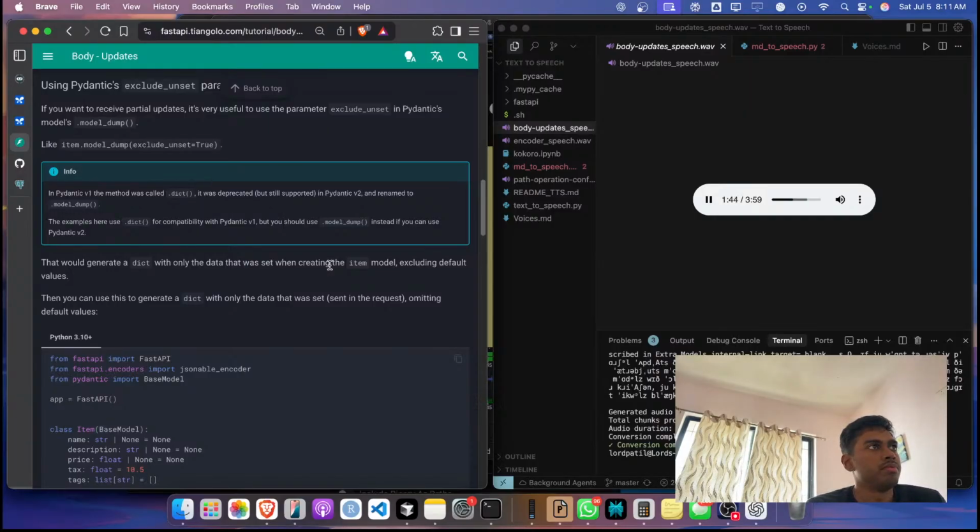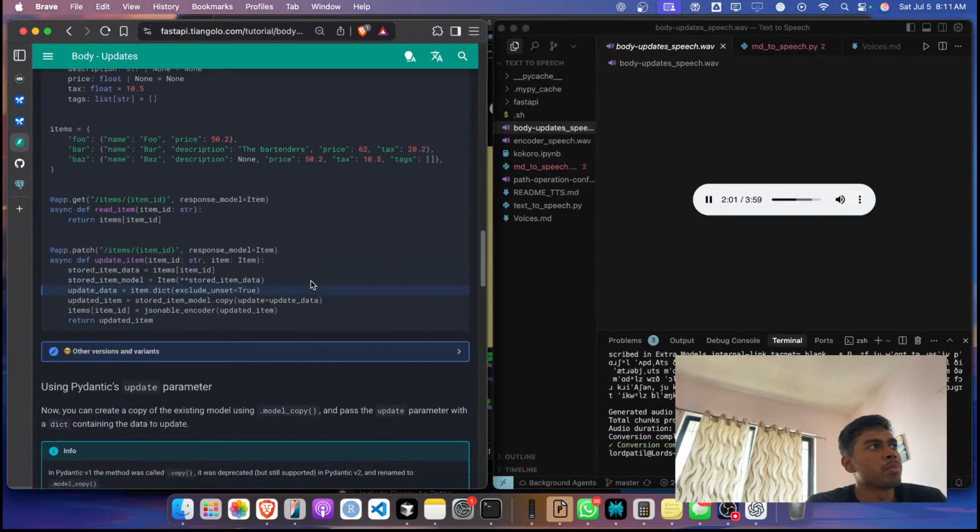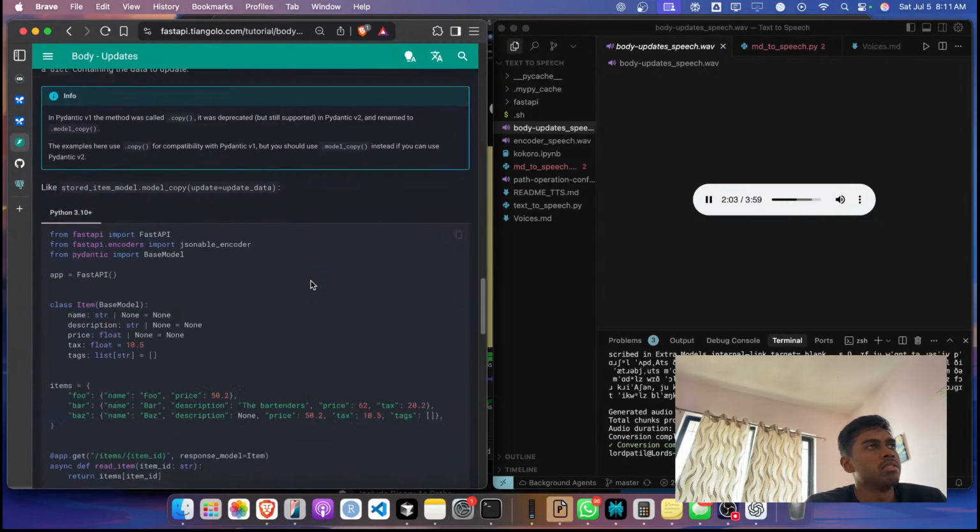That would generate a dict with only the data that was set when creating the item model, excluding default values. Then you can use this to generate a dict with only the data that was sent in the request, omitting default values. Using Pydantic's update parameter now, you can create a copy of the existing model using model_copy